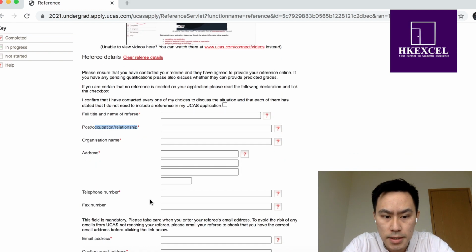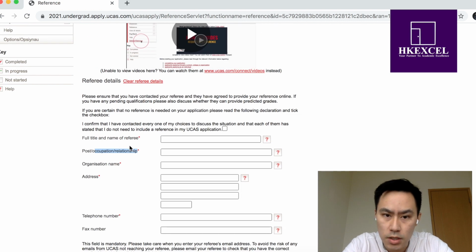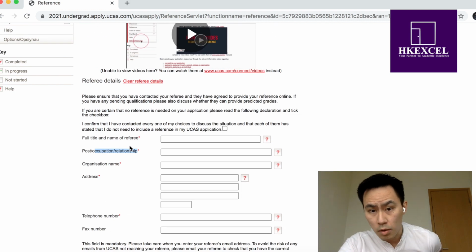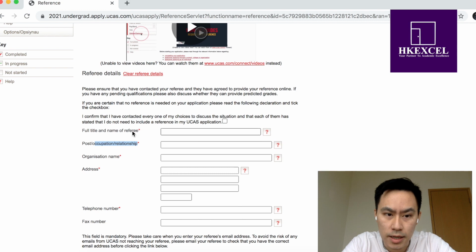Otherwise, if you want to find other referees, that would be a little bit troublesome because normally university will ask for a PhD degree referee to be your referee. So they need to be qualified. So in that